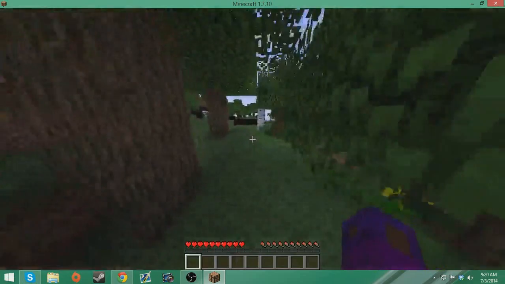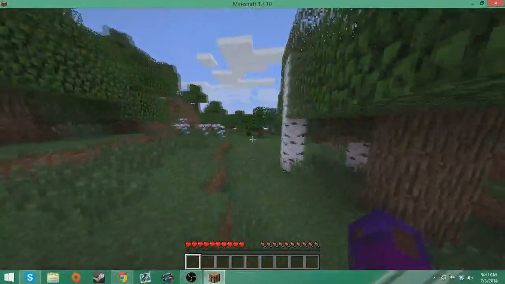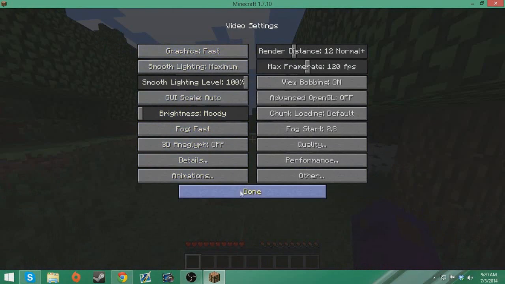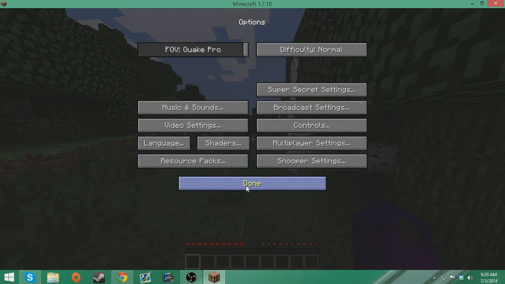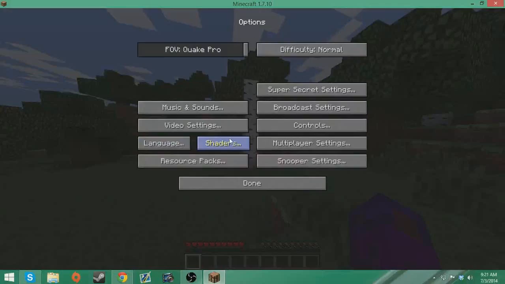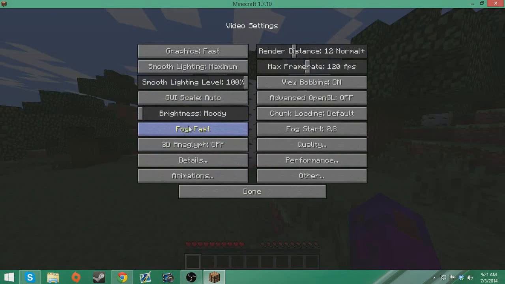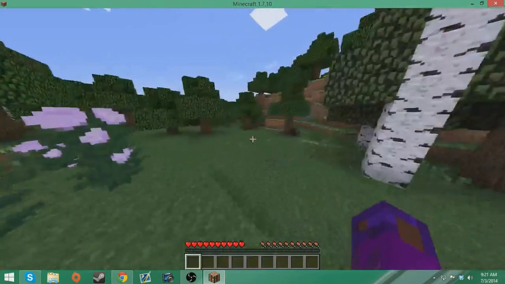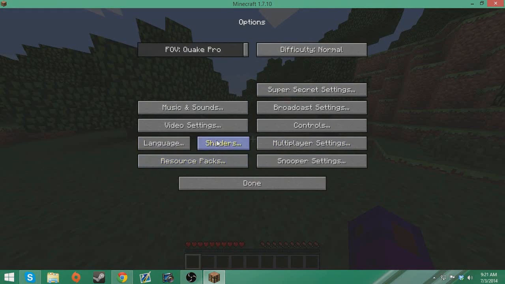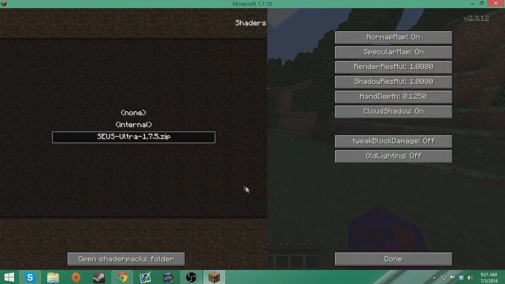So I'm just gonna get out of this area. I'm gonna take it off fancy, because yeah, you deleted all your settings back there, by the way. Yeah, I should probably give like a disclaimer or something, so that you don't lose all your worlds and stuff like that, because that will be something that is going to happen to you. So anyway, we go into options, then we click shaders, and we go boom,